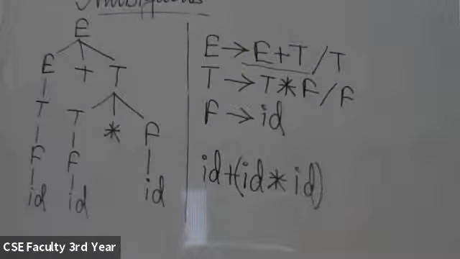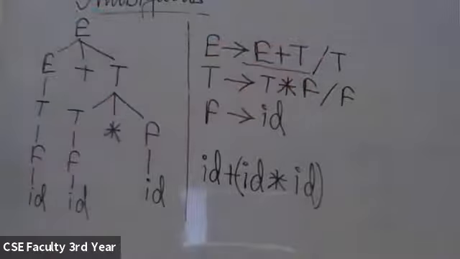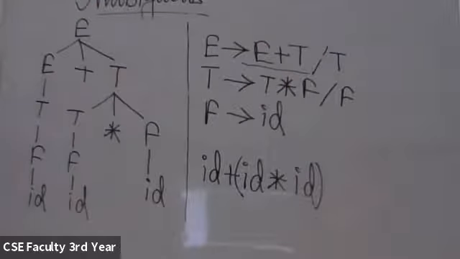The reason I did not write T and F initially is that without this, you will not understand why it is required. Now this T need not be expanded like E plus T. From this E, we just need ID. So how to derive ID? E to T, T to F, F to ID. And from T, we need F to go to ID. So that is how this grammar is modified. Now this grammar is complete and it is an unambiguous grammar. There is no ambiguity. You can check it with plus also.